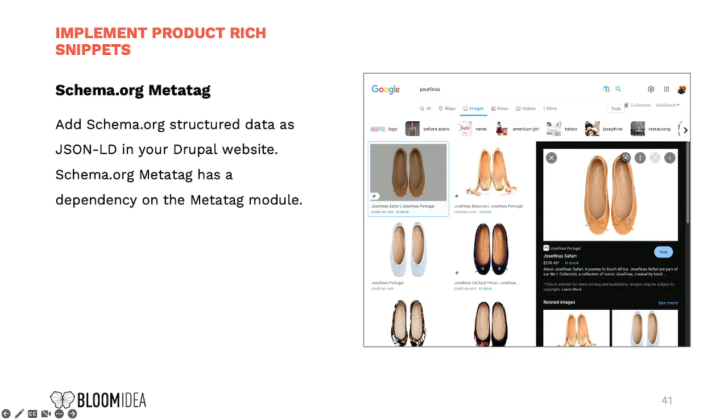Another common thing to do, for example: when you search on Google and Google understands that you are searching for a product, it shows a little label saying that it is a product, and then it can show you the price, if it's in stock or not, a picture. You can do that with this module, Schema.org Meta Tag. It's another sub-module for Meta Tag that, just by placing tokens on your product pages, generates the JSON that Google needs to automatically add that structured data.